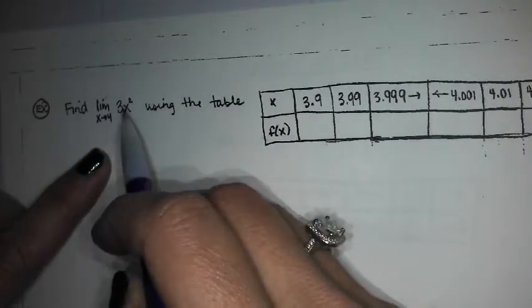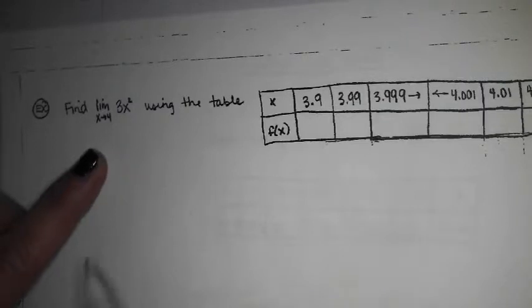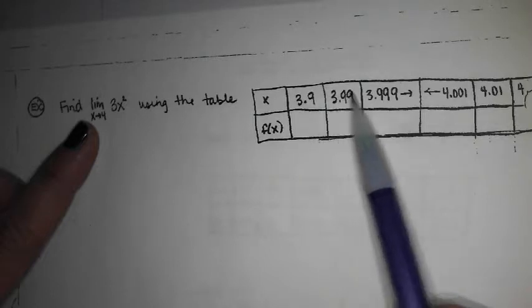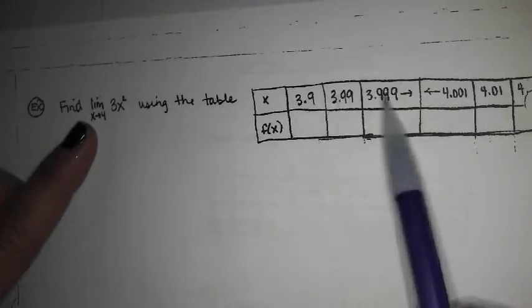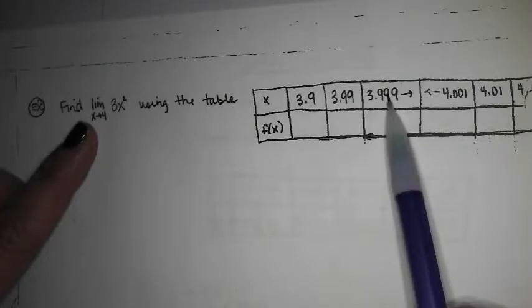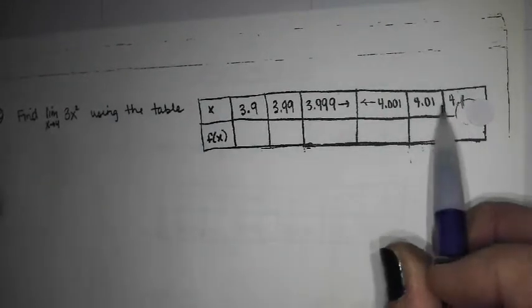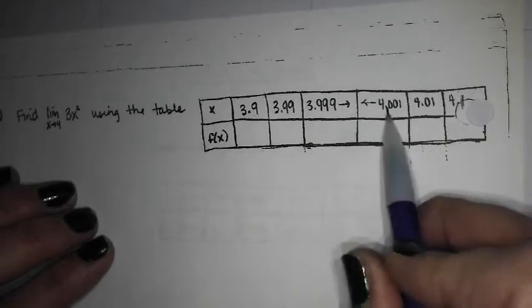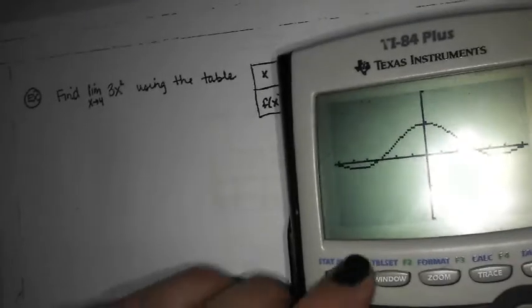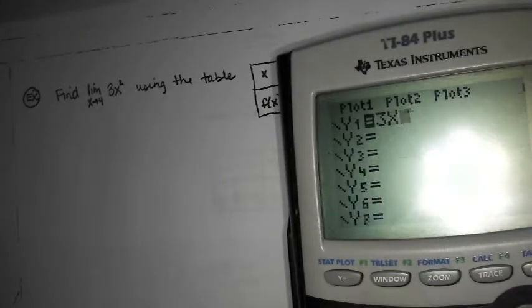Okay. Here is a new example, a function that's a little more familiar to us, 3x squared. So we want to see what the limit is as this graph is approaching 4. So we're going to plug in things coming from below 4, coming from the left, getting closer and closer to 4. And then we're going to plug in things coming from the right. That's supposed to say 4.1. Coming from the right, coming from above 4, getting closer and closer to 4, coming from the positive side of things. So again, the best way, rather than having to plug this in 1,000 times,